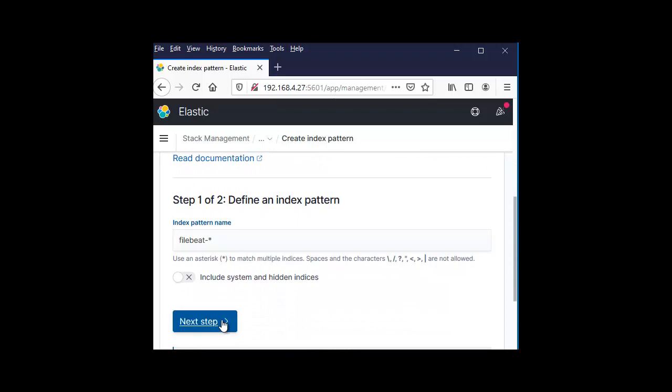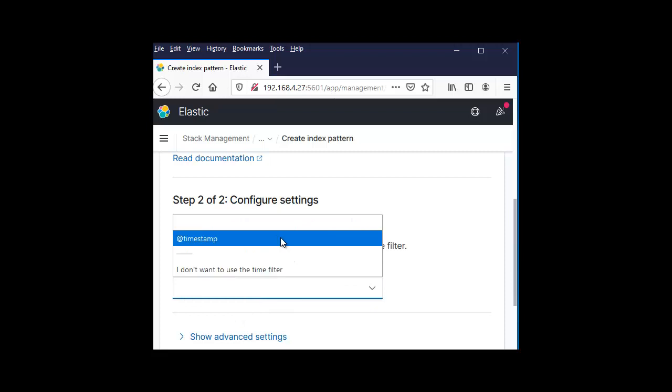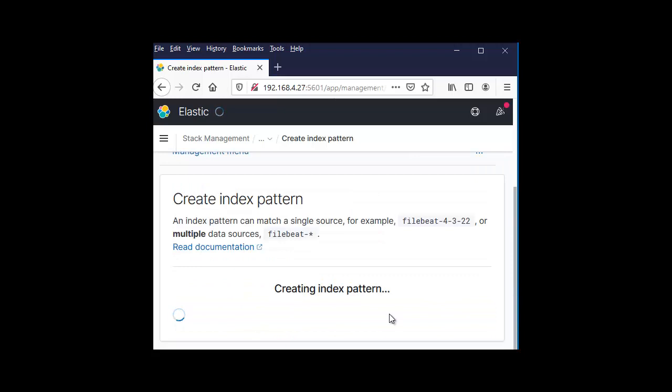Press next step. Select this one, create.